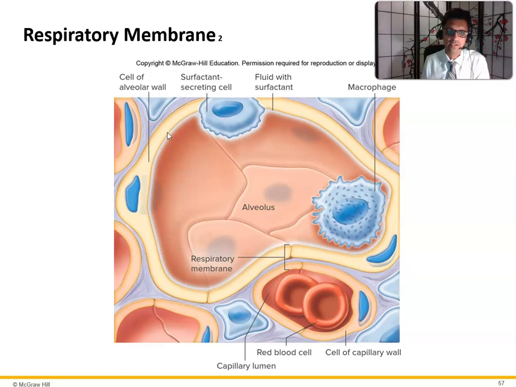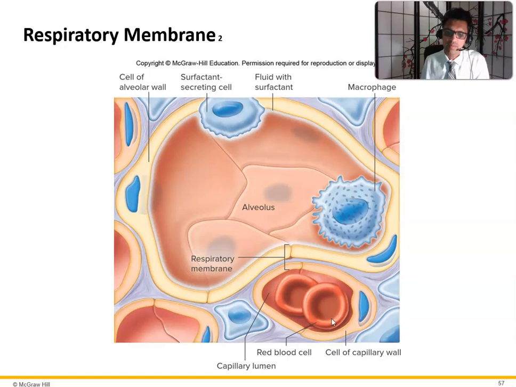So if you look here, here's the cell of the alveolar wall. Here's surfactant, and what that does is it increases the lubrication around the alveoli so they can open and close. Now, babies that are born prematurely, around 32 weeks or so, are not making surfactant, so these alveoli can almost stick together, and it's difficult for them to breathe. So they can be put in the NICU and given artificial surfactant until they're ready to produce their own surfactant. You also have macrophages that reside in the alveoli to fend off any pathogens.